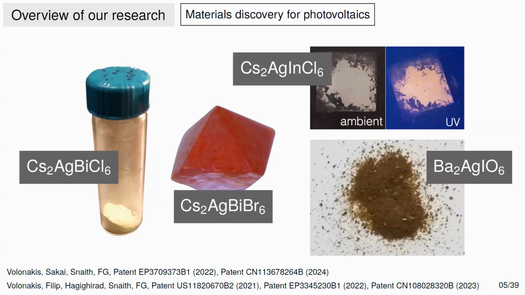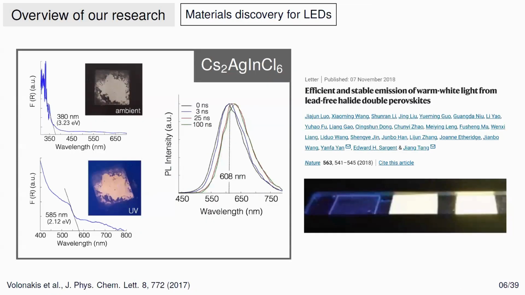And one funny story about this is that maybe the one that doesn't look as great is this kind of powder here. So this is the only one for which we did not submit a patent application. The reason is that when our collaborators measured the optical properties, they told us that these spectra look really bad. That means that this compound is extremely defective and it must be worthless. And just 1 year after, the group of Ted Sargent demonstrated that you can use this as a white light emitter, and this carries near unity quantum efficiency. So this essentially is the first material that emits directly white light without combining red, green, and blue LEDs.